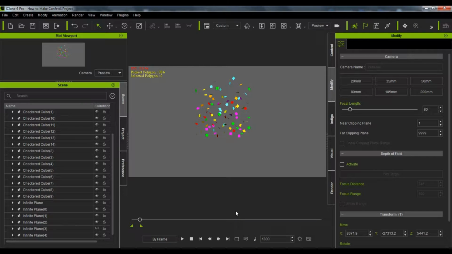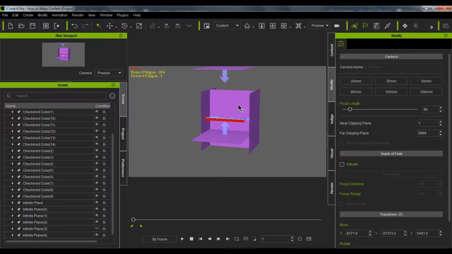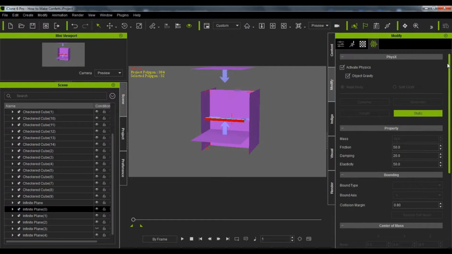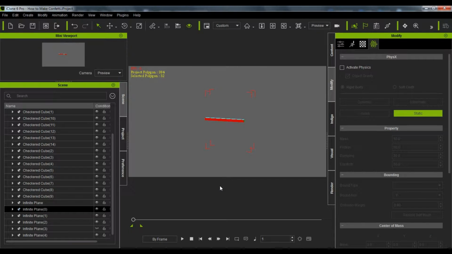If you want to control its flow, you can do this. Hit Control D if you want it to go out the back. And I hit this final plane here. I can go into this infinite plane, and I can disable its physics, and it will shoot out the back by deactivating the physics. Now watch what happens when I hide the dummies,